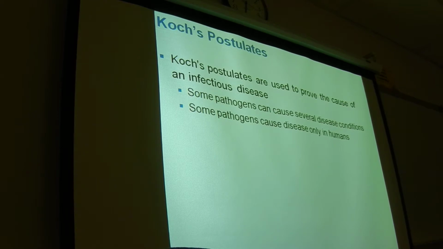So something like HIV. When they first discovered HIV and AIDS, they isolated this virus, all these people have this virus, we think this is causing AIDS, and then they inject it in a mouse, and the mouse is fine. And they thought, oh, well, we didn't find the right virus because the mouse is fine. In reality, HIV doesn't cause immune failure in mice, it only causes it in humans. Okay? So that's a problem with this because, like I said before, ethically you can't just go infect healthy humans and see if they get the disease. You have to use lab animals, and sometimes a certain disease doesn't carry over to lab animals. Okay? So these are two things you have to be wary of when you're using Koch's postulates.